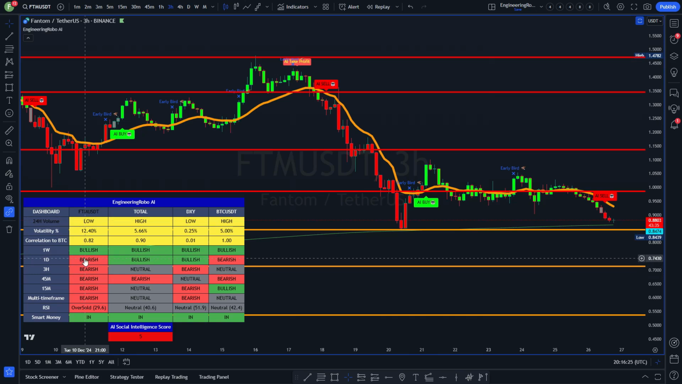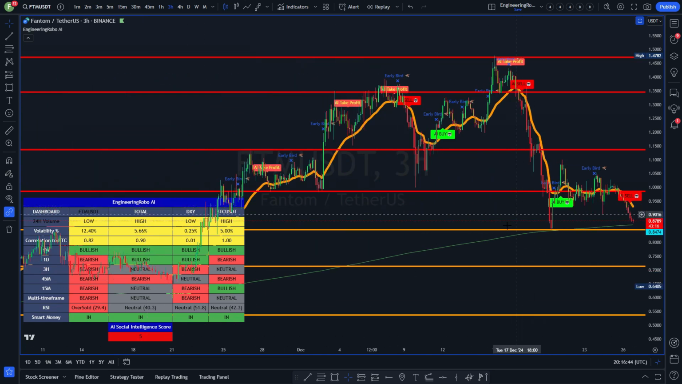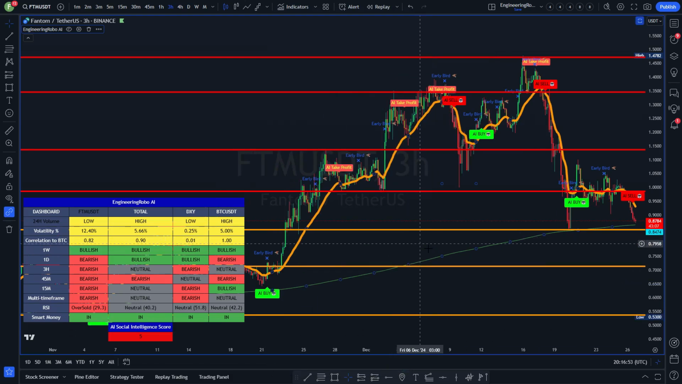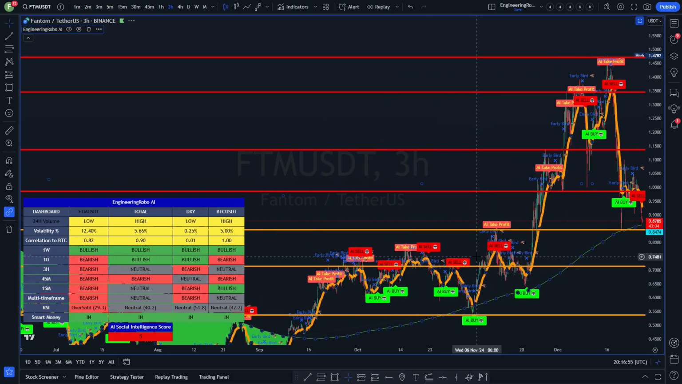Again, quickly looking at daily, 3 hour, 45, 15 minutes, they're all kind of bearish, and we've got an intelligence score of 5 at the moment. It was 4 on the 15 minute, 5 on the 45, and -5 on the 3 hour. Earlier on, we didn't see the various support levels. Let me just quickly hide the dashboard. We didn't see the support levels because